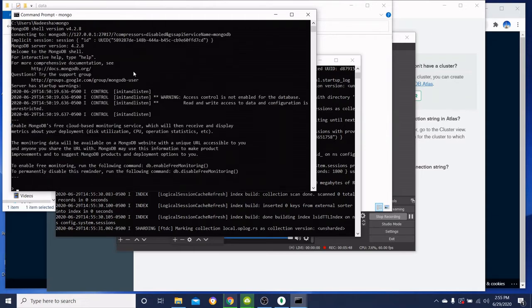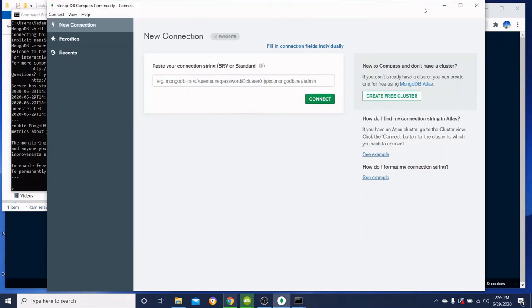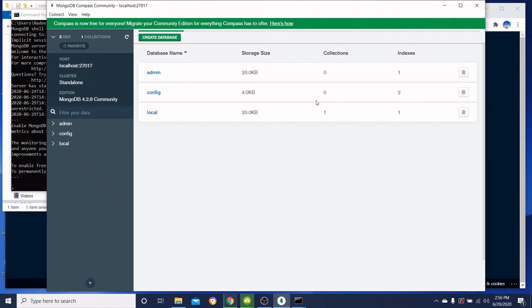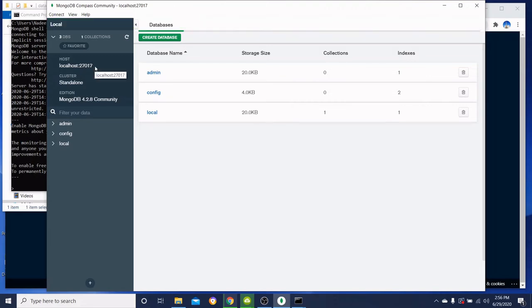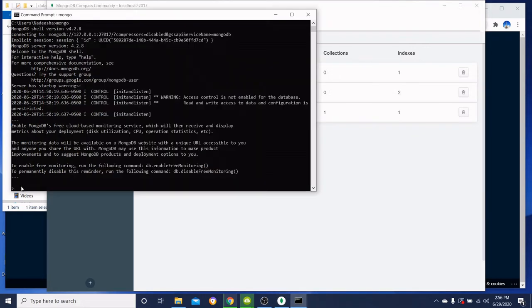Okay, it started the Mongo shell, and then you can go to Mongo Compass and click connect. Then it will automatically connect, and it's normally running on localhost port 27017, and you have these databases. And if you want to see your databases, you can type it in here,